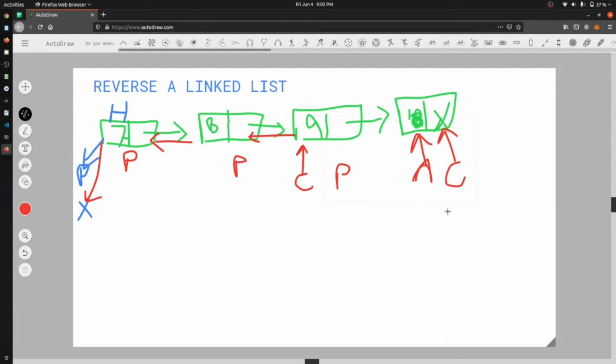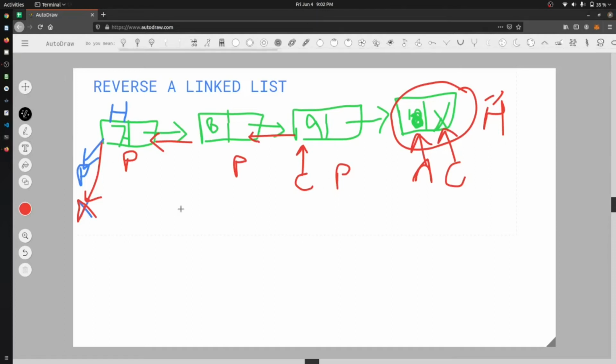And now what we will say is that if it has reached the last element, we will say that this is head, so we will assign it to head, and we can see that our last element is just pointing to null. Okay, so let me just write down a code for you all so that you can understand what I am trying to show you.